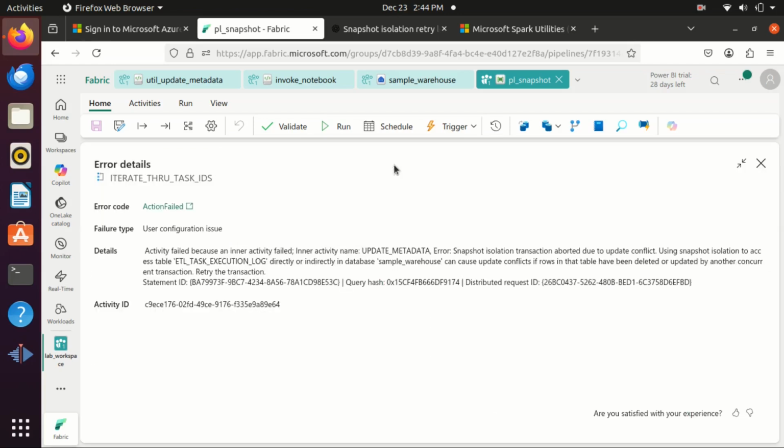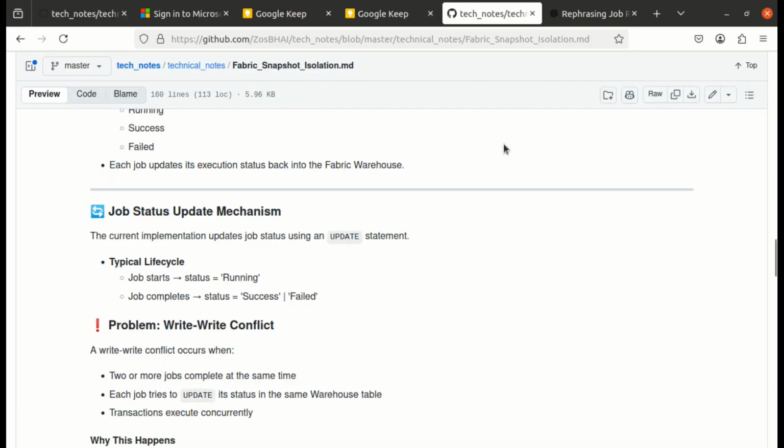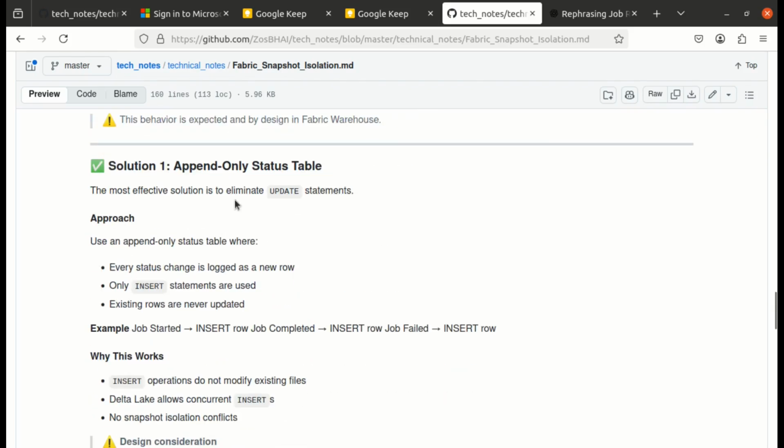When we check the error message, we can see that the failure is due to a snapshot isolation issue. This is the same error which we discussed earlier in this video. Now that we clearly understood the problem, let's talk about how we can redesign this pattern to avoid write-write conflicts